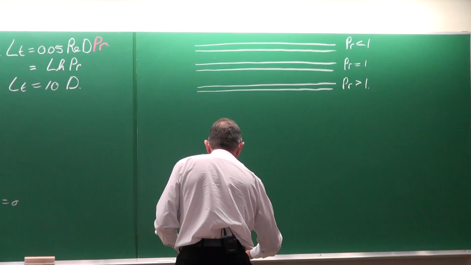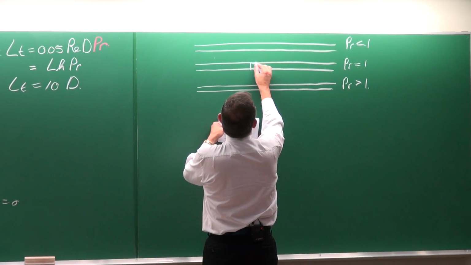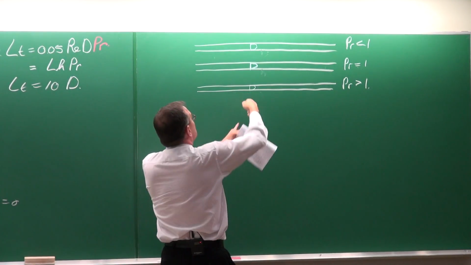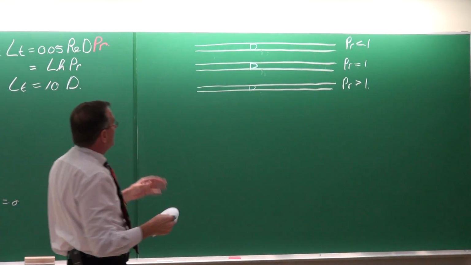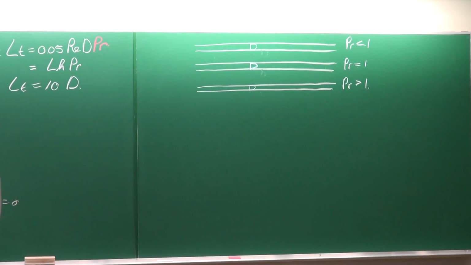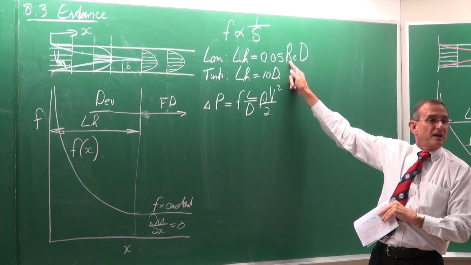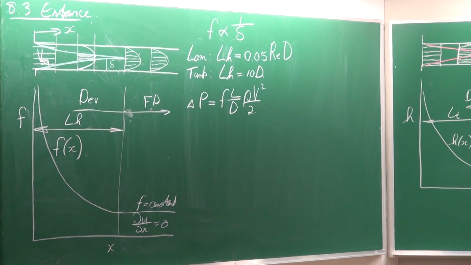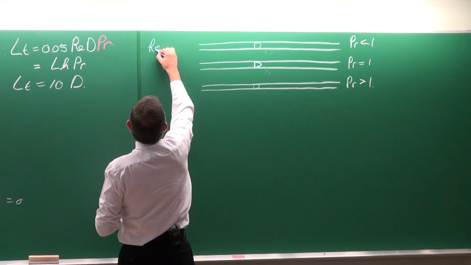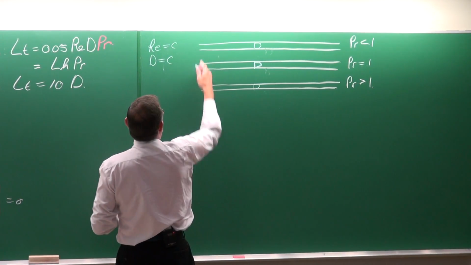Okay, and if we look at those three cases, this is the case for the velocity distribution, there it is fully developed. So if we look at this one, we see it is not a function of Prandtl number, do you see? It's just a function of the Reynolds number and the diameter. So the Reynolds number is constant and the diameter is constant for all three cases,